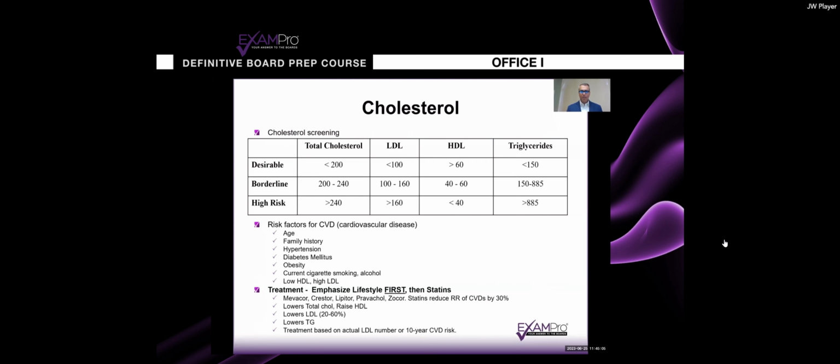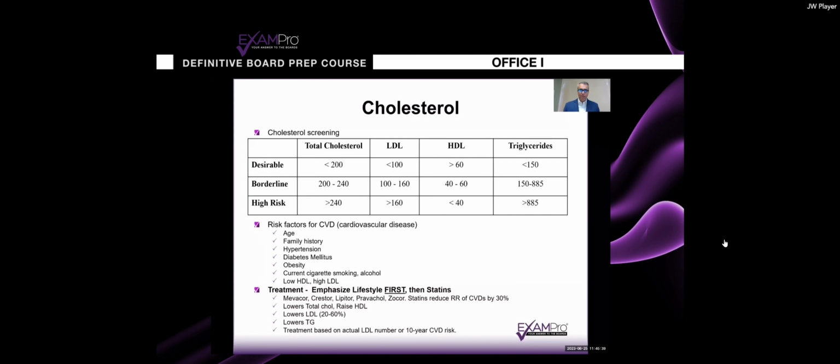So I'm going to go back to this slide for a second, and I'm going to say this: for any primary care problem that you have an abnormality in, like elevated lipids, the first step is going to be counseling, and the first treatment is going to be behavioral modification. If you then are going to move on to medical therapy, we base medical therapy for elevated cholesterol on the level of risk for cardiovascular disease over the next 10 years. We don't base it on specific numbers per se, although very high numbers,